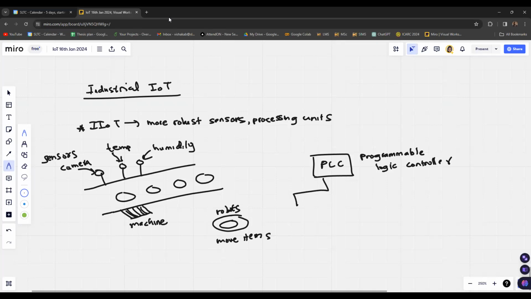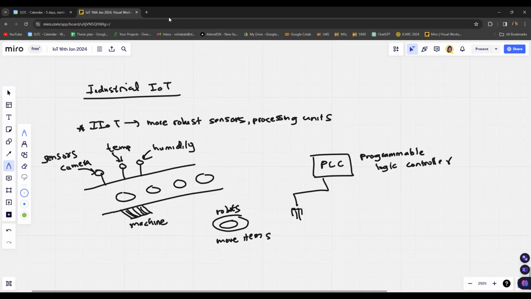We can connect sensors to this programmable logic controller. We can get the inputs from the sensors basically using the PLC. We can connect the sensor outputs to a PLC.